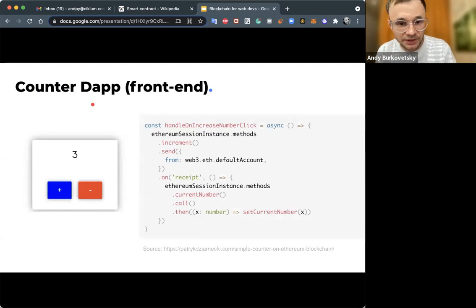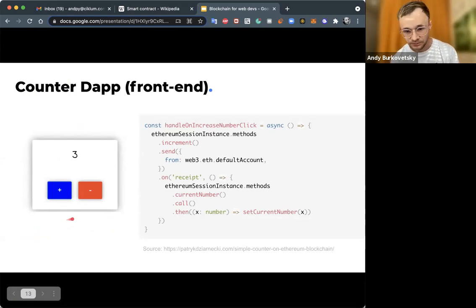Here's an example of a simple decentralized application, which is Counter. A classic example of Counter. For example, I will build it with React. It's a pretty easy application. And when you want to communicate with blockchain, for example, let's say Ethereum, you need to set up a connection with Ethereum. I actually skipped it. I would need to add another section, another 10 lines of code, to build the connection to the Ethereum blockchain and call a specific contract.